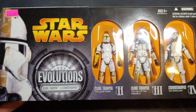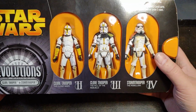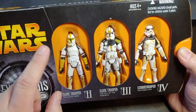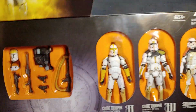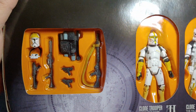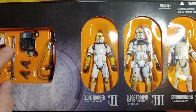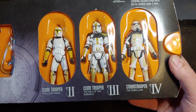Today, I have a Star Wars Evolutions Clone Trooper to Stormtrooper box set. So this one here does have a Clone Trooper from Clone Wars Episode 2. He does have the yellow markings on him, and I think that might just mean pilot, because if you open up this here, he does have his pilot gear, as well as gear for the Clone Trooper from Fall of the Republic Episode 3, as well as gear for the Sand Trooper, the Stormtrooper from The Rebellion Episode